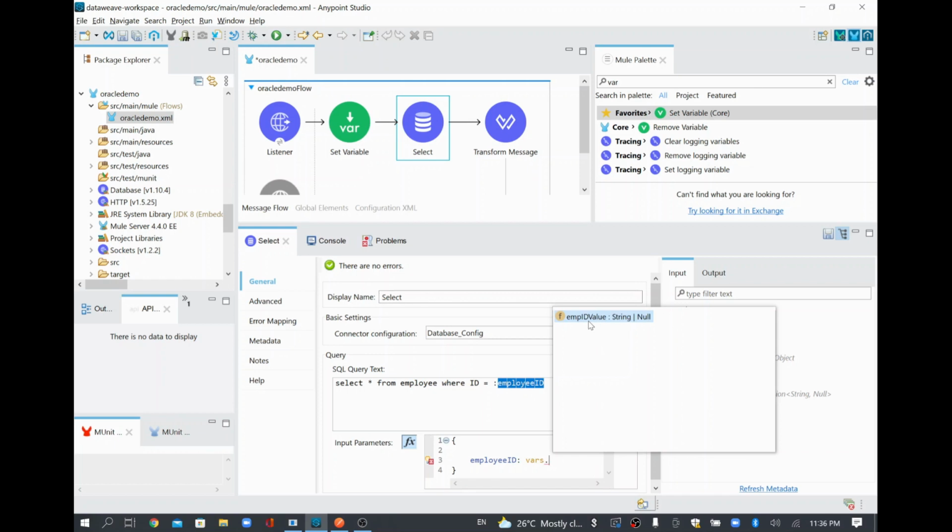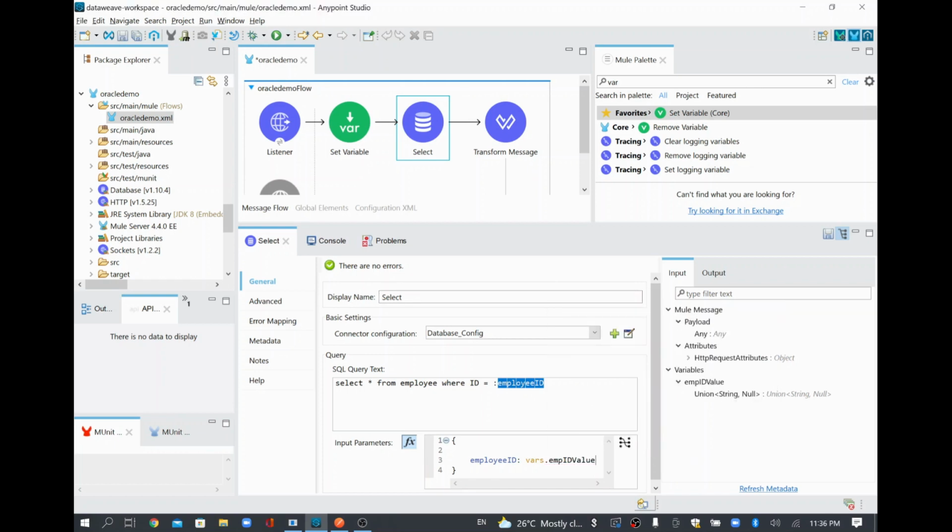There we have used a variable called emp id value. That is the one I'm substituting. Whatever is coming in the query parameter is already stored in this value, which we are assigning to this employee ID field. So this employee ID field is referred here. Now this is the table field name. So where ID equals whatever is coming in the query parameter, it will get assigned and substituted here, so that it will fetch only the relevant ID coming in the query parameter. So that's the way this query will work.